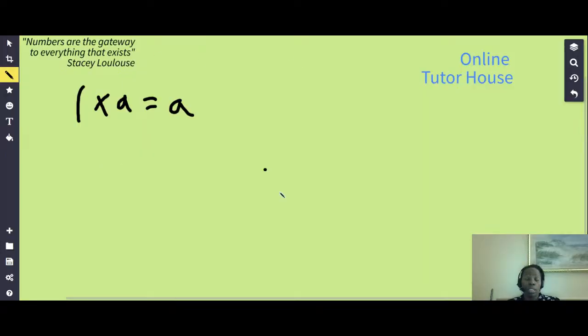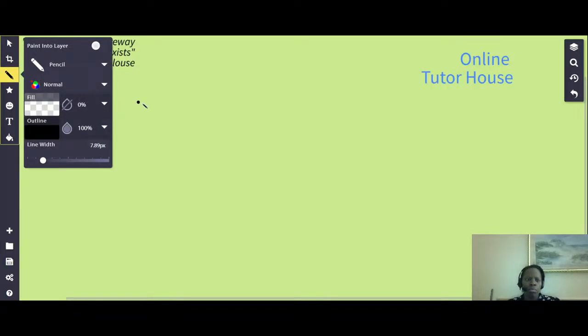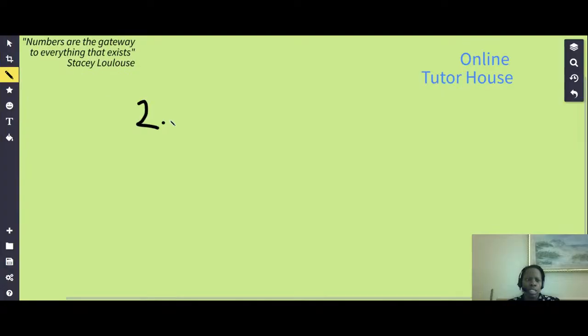It doesn't really contribute to the composition of a number. So what we're going to do is just forget about that and talk about how other numbers starting from 2 can help us